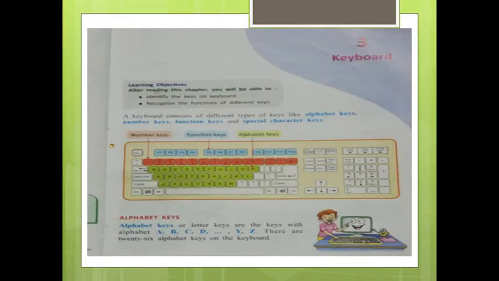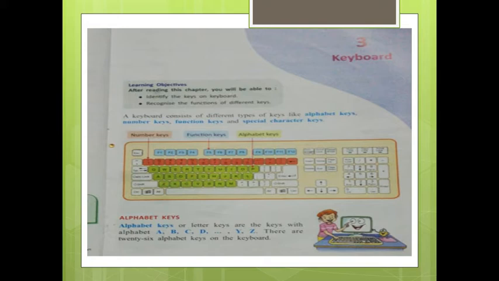So see, you can see the keyboard in front of your system. You can see the keyboard, whether your phone, whether your tab, whether your laptop, whether your system, the keyboard is there.